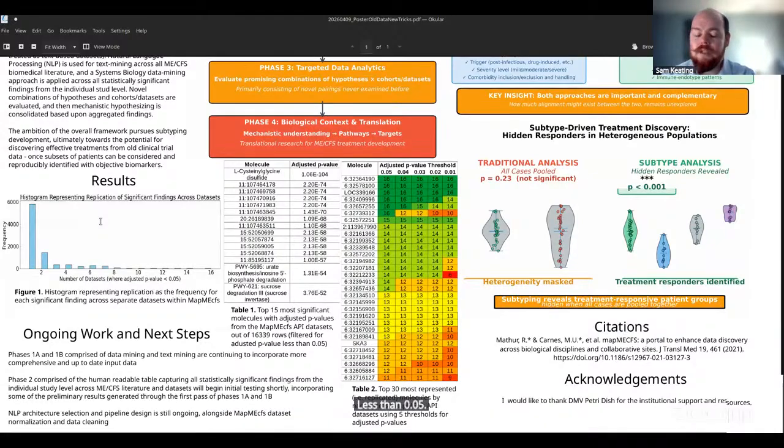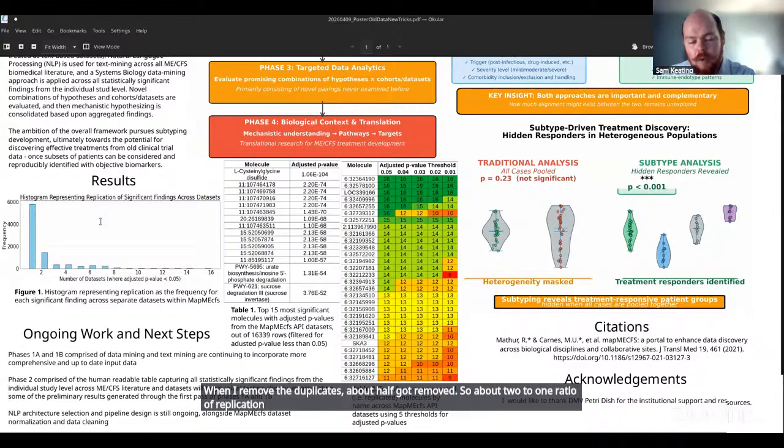It's a rough replication ratio of 2 to 1, because there were 8,000 or so rows left after I took out all the duplicates of the 16,339. When I removed the duplicates, about half got removed. So about a 2 to 1 ratio of replication,